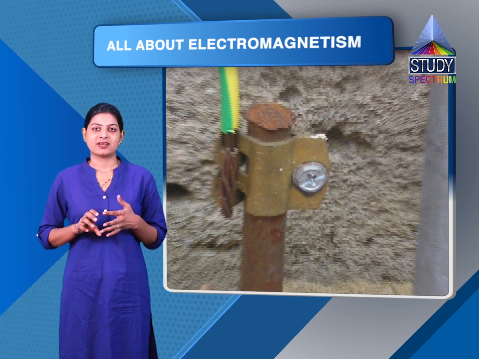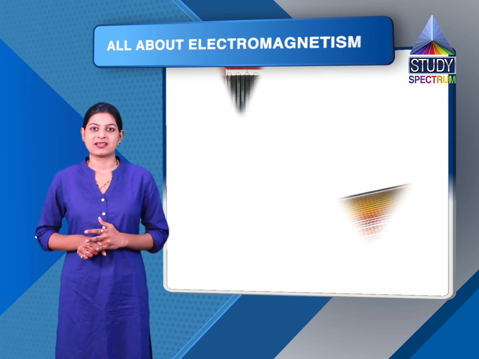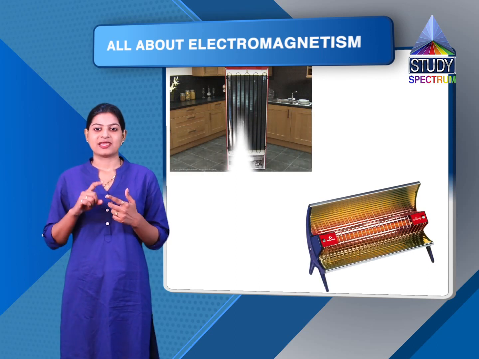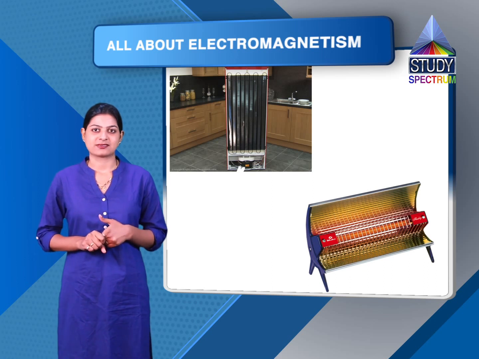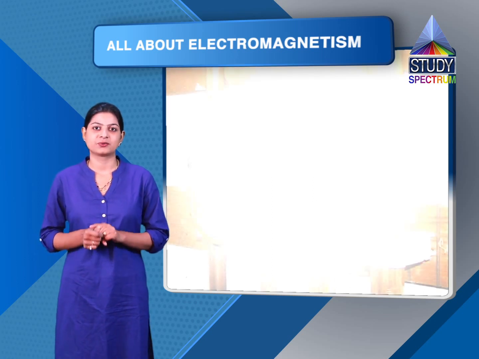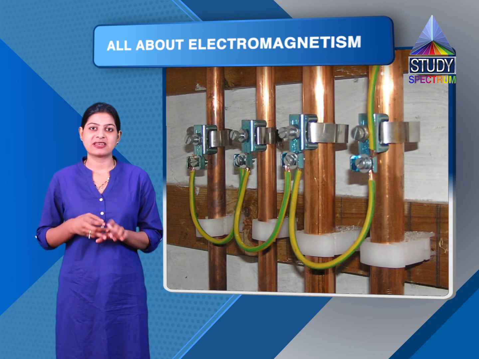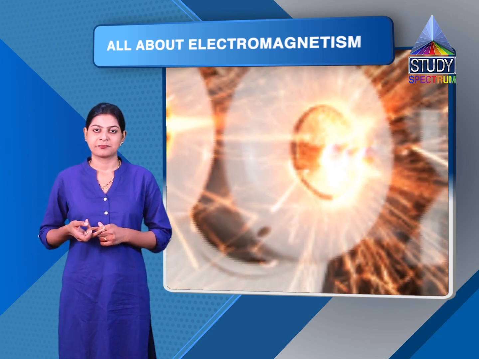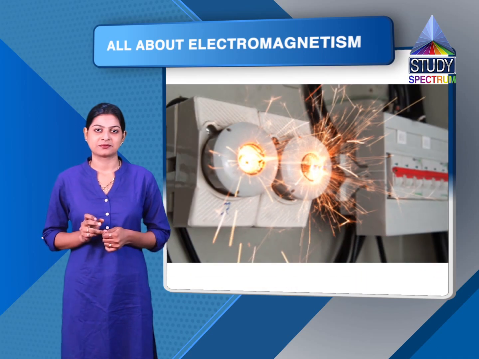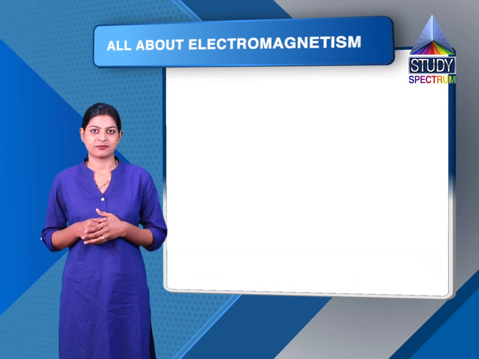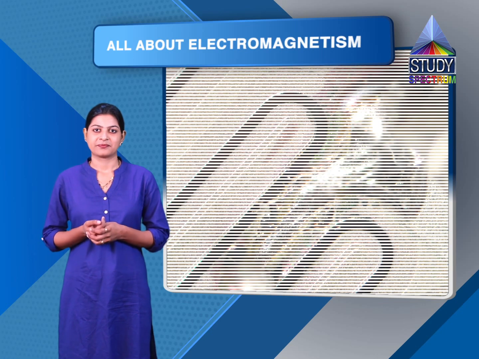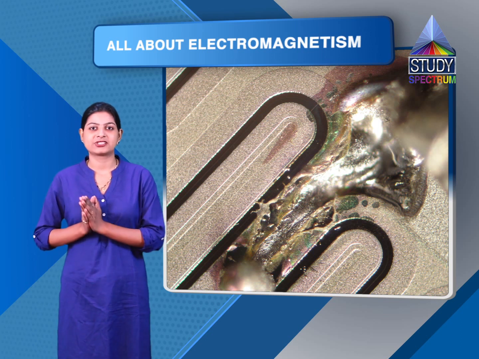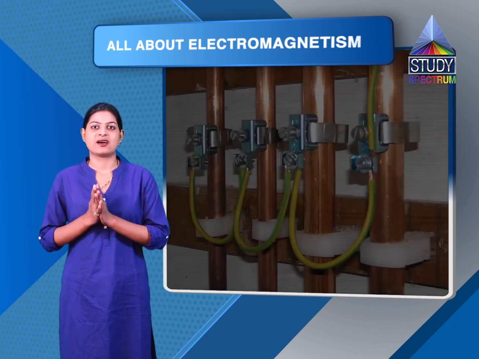The third is earthing. Many electrical appliances which have bare or metallic bodies, such as electric heaters and electric refrigerators, should have an earthing wire out of the three. It is very necessary so that if electricity is passing through the appliance, due to some short circuit, it may get damaged. And to be safe from the damage or from that electric direct current, we should use an earthing wire.